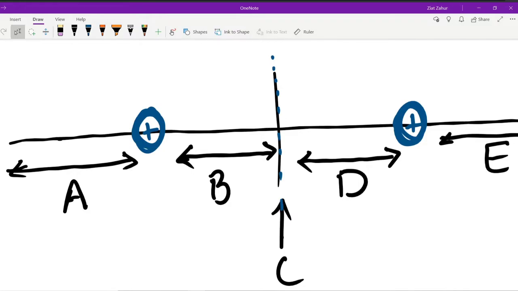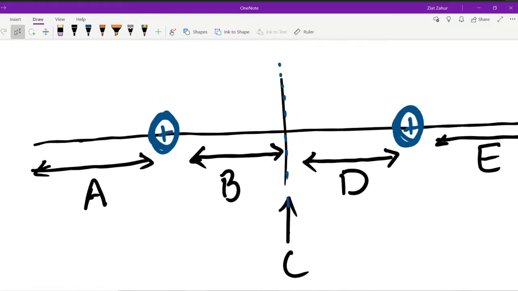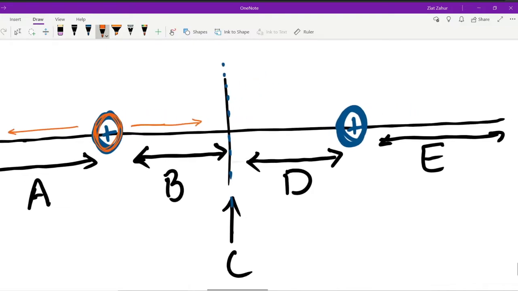Alright, so anyway, anytime you have a charge, each charge has its own electric field. So let me use different colors. Let's say this orange positive charge will have its own electric field that points outwards from it. So over here it's going to go to the right. Over here it's going to go to the left. Okay. And so as you, oops, I drew it too big. And now as you